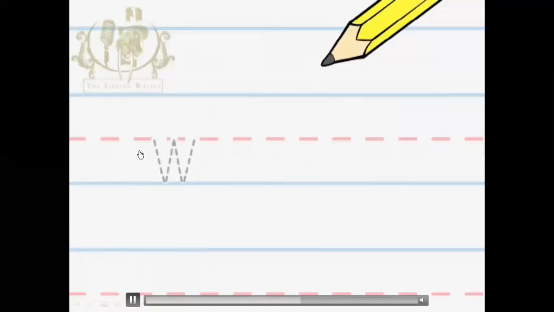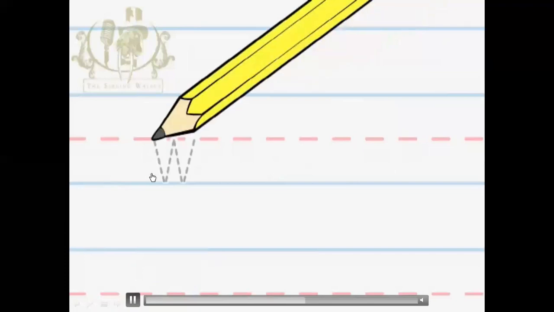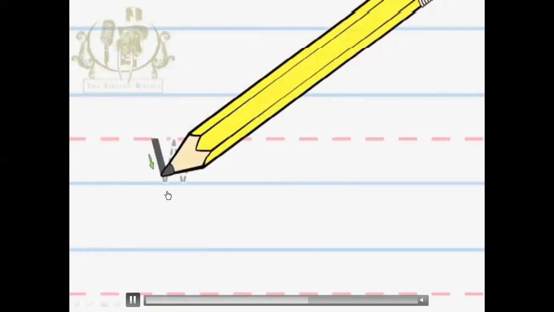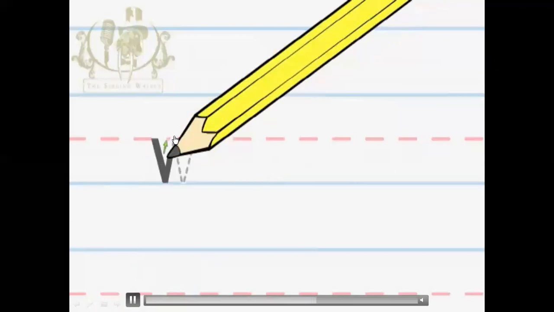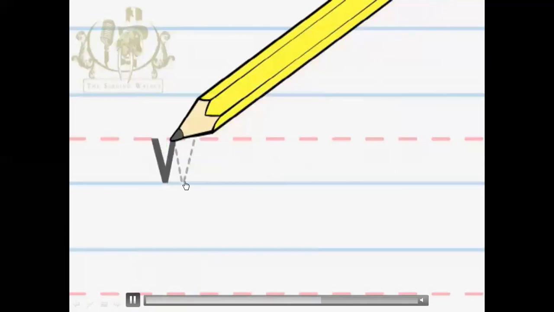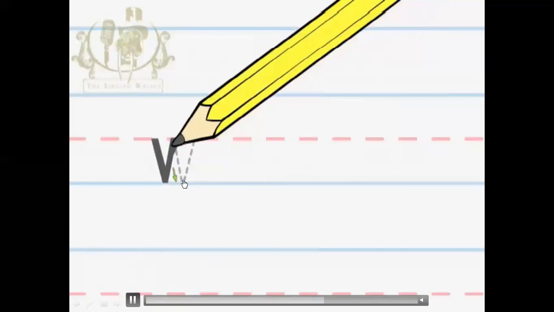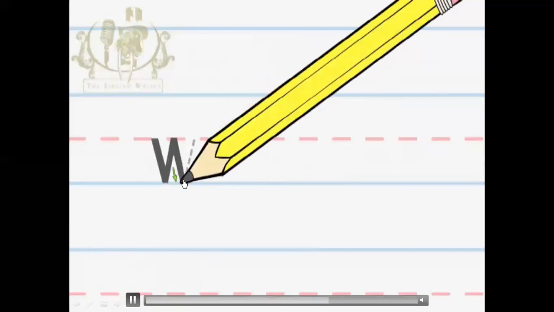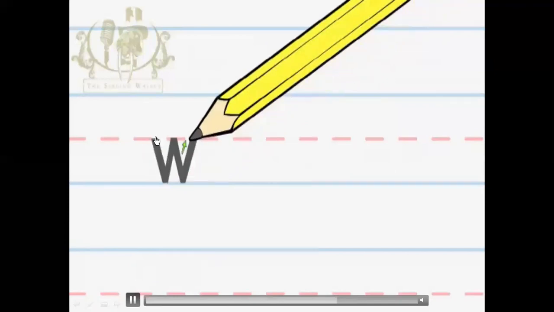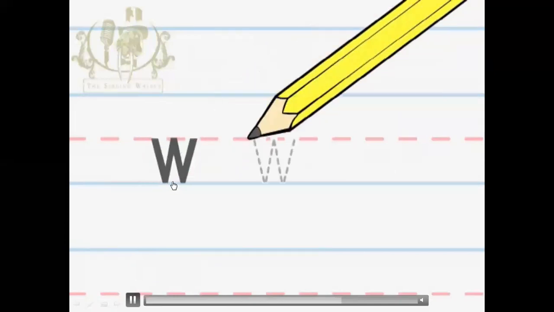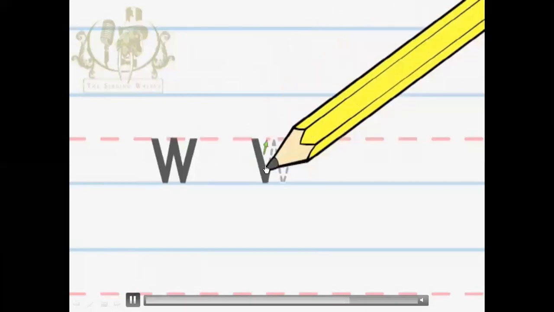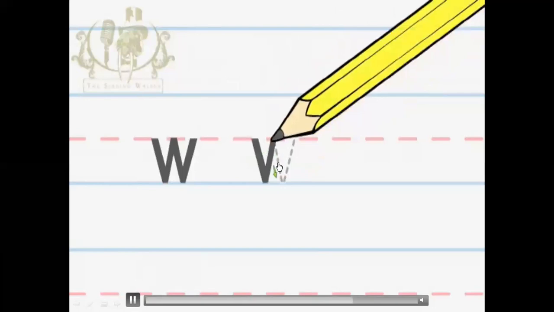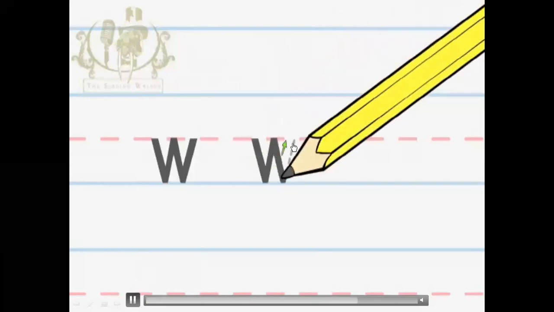Now it's time to learn the small w. Small w is just like a capital W, but you will start from the middle, then come down, then from the bottom to the middle again, and then from the middle to the bottom again. Okay, just like this. And then from the bottom to the middle again make another slanting line. You will use the middle and the last line for the small w. Okay, lowercase w. Let's try it again, just like this, go down and then come again to the middle and then go down again.